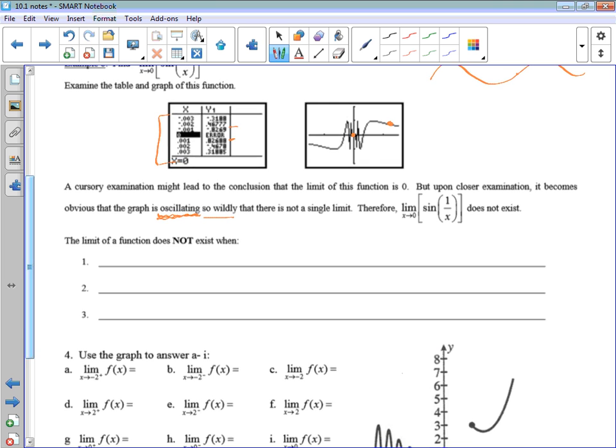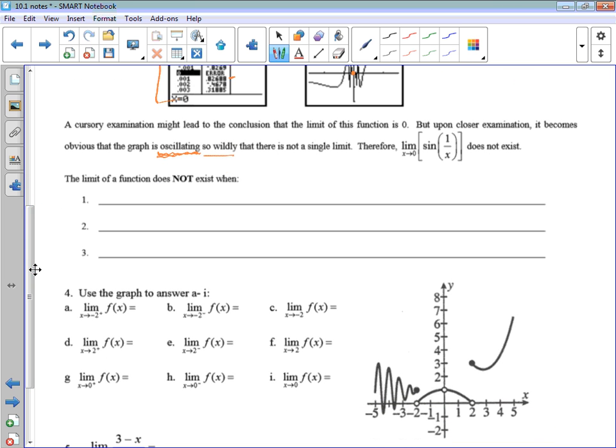So, three times when you will tell me that a limit does not exist. What we just talked about: when the graph oscillates wildly,